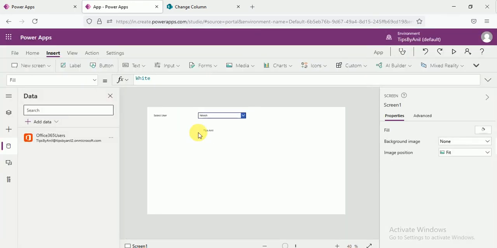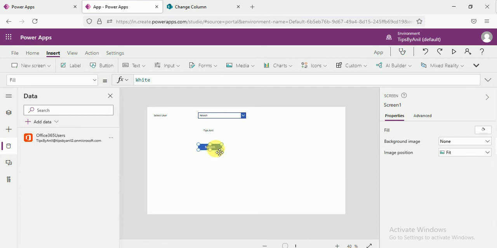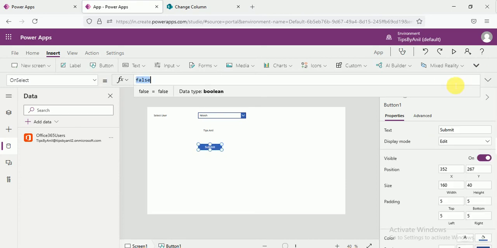All right, now we have to take a button. This button, submit. Now here apply the patch function.